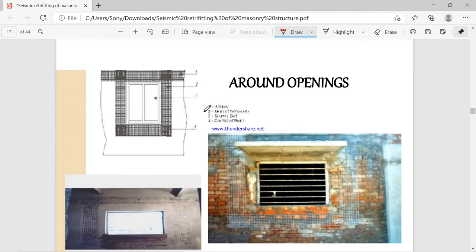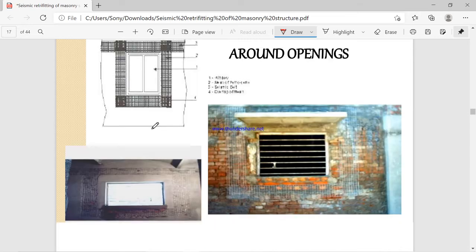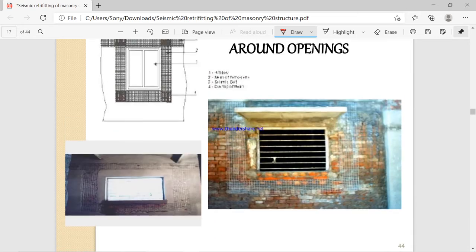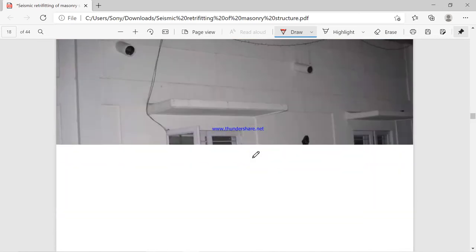This is a typical cross section of vertical and horizontal reinforcement which can cover the entire opening of the window. This is retrofitting, or you can say the horizontal and vertical reinforcement band.